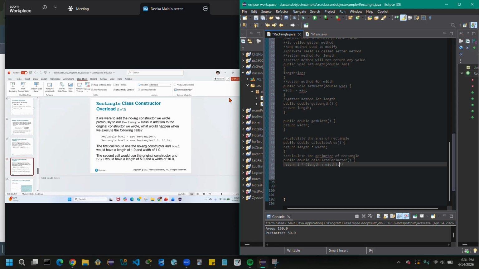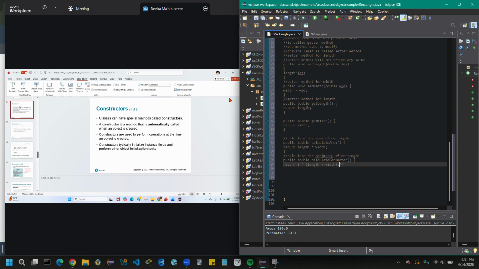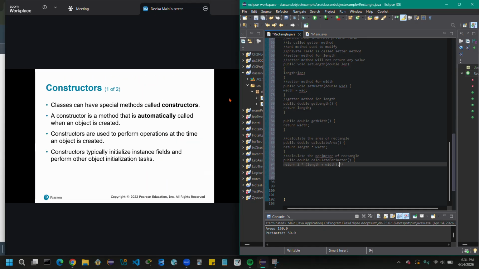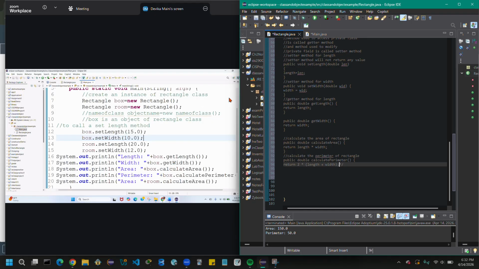I'm going to stop this lecture slide here. We will continue with constructors next time. A constructor is a method again, but a different type of method that has a special meaning. It's a special method that is only used in classes. They perform operations like initialization tasks, which we will cover in the next class, where I will finish this chapter. Let me do one example, and then I can assign you homework based on whatever we have learned so far.